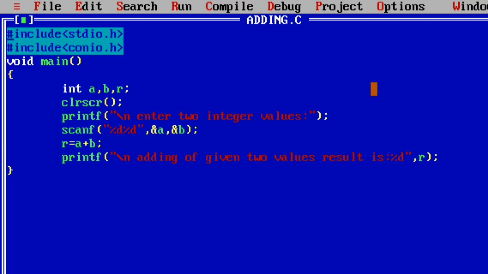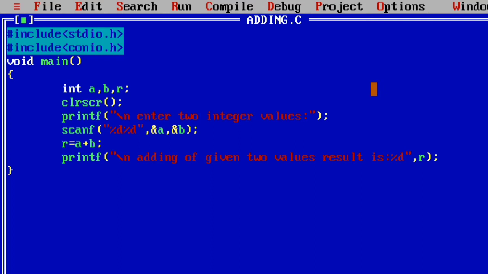The main aim of this program is to take two integer values from the user, add those two integer values, and give the result to the user. Observe the two words carefully: one is programmer, one is user.